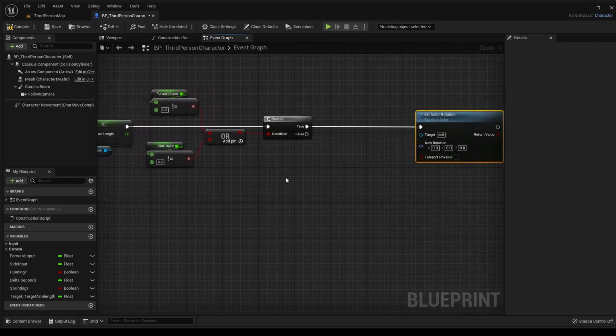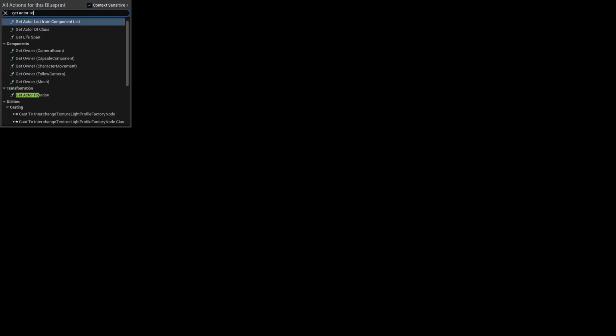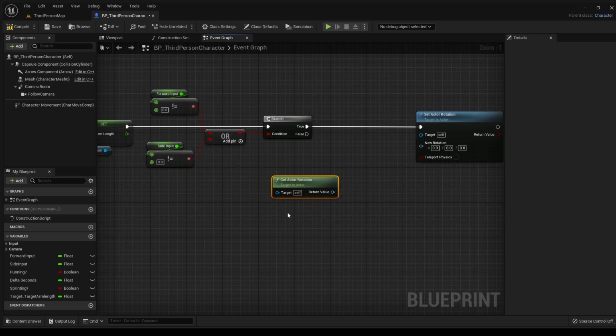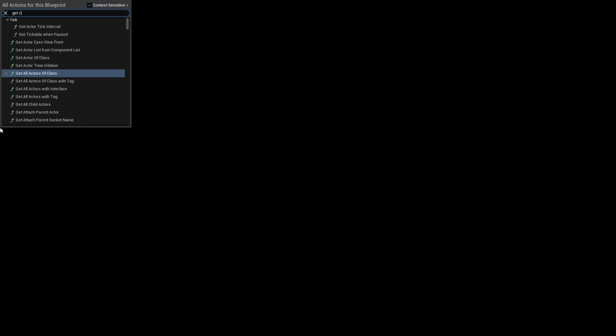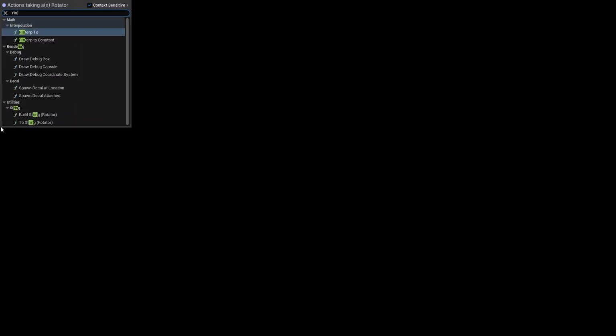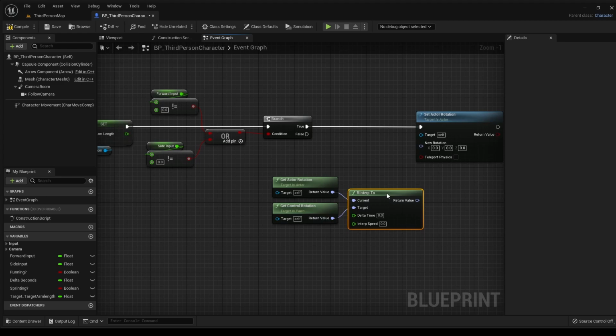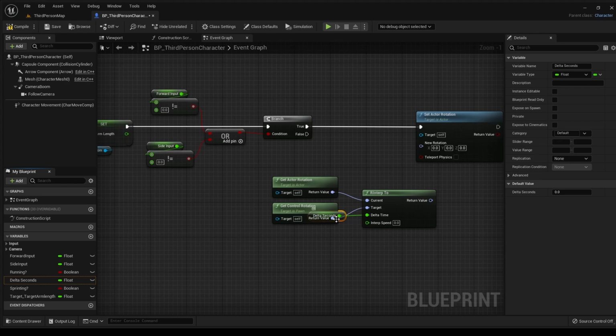And then we need to get our actor rotation. We need to get our controller rotation, and we're going to do an R interp off of this. Connect our control rotation into our target and our actor rotation into the current. Grab our delta seconds variable, connect that to that,